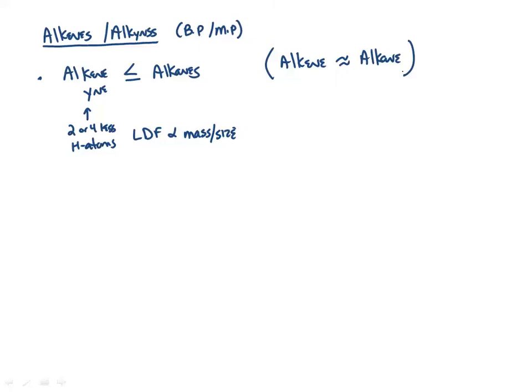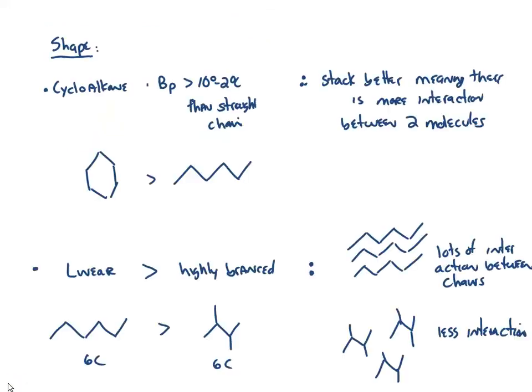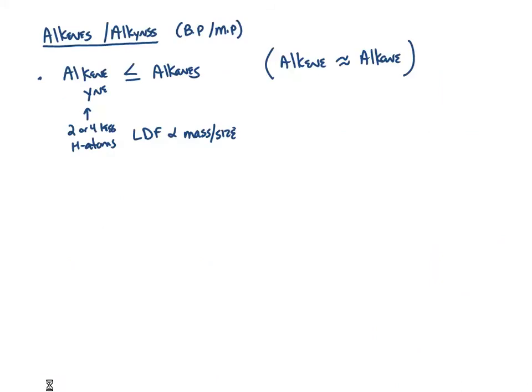Now, what is something special about alkenes, though, that we should factor in? Yeah, they have that double bond. What does that allow? So we've been talking, for instance, about the difference between linear and highly branched, and this is talking about structural isomers, right? Saying that if I've got the linear structural isomer, because those are both 6 carbons long, then it's got a slightly higher boiling point than the other. So what do we have to remember about alkenes and alkynes? They have